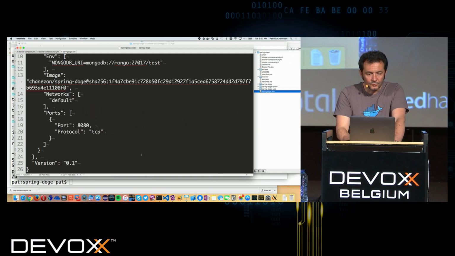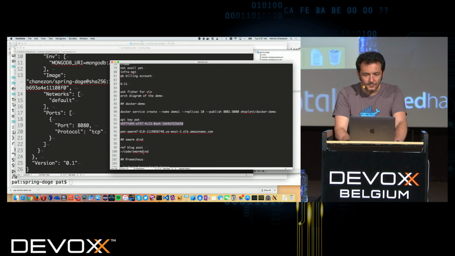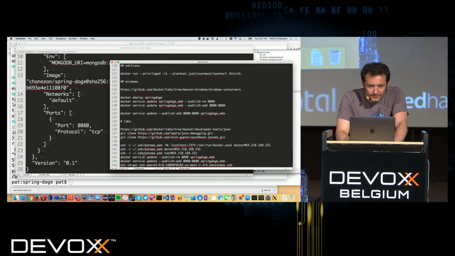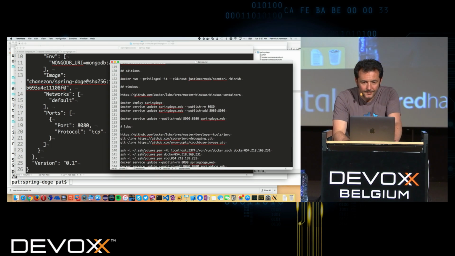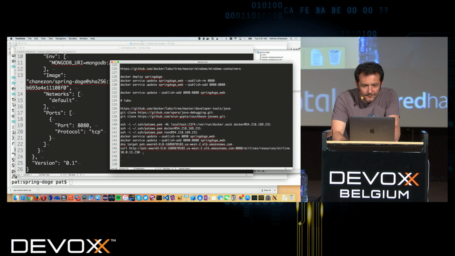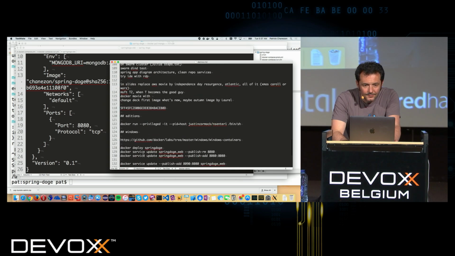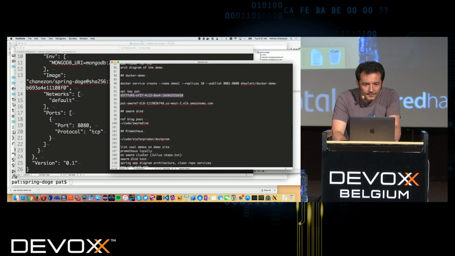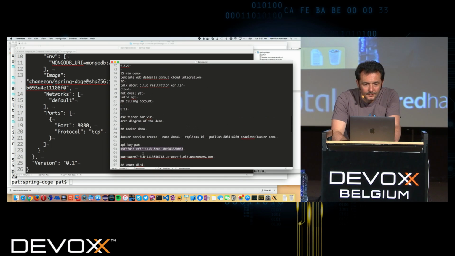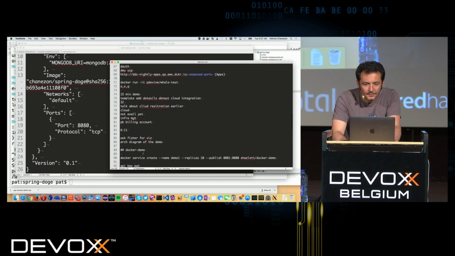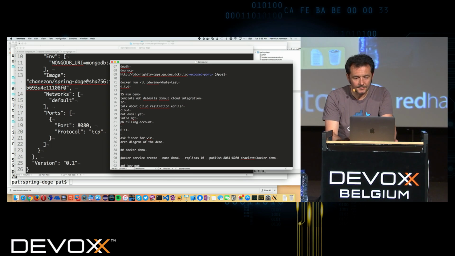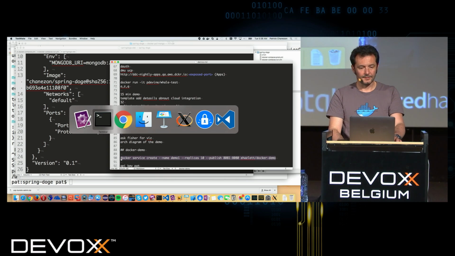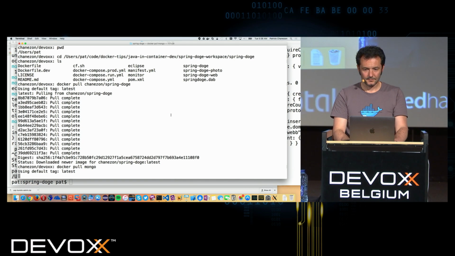And while it's pulling, I'm just going to show you what the commands look like. Oh, actually, while it's pulling, I'm just going to show you a Docker service command.